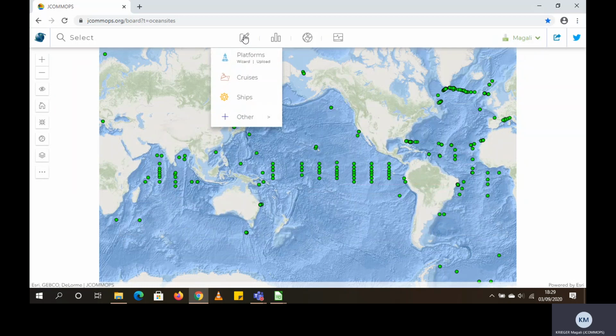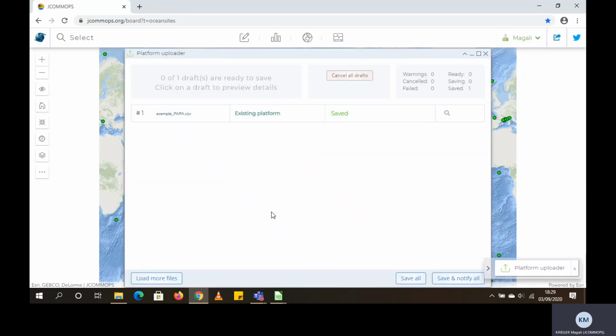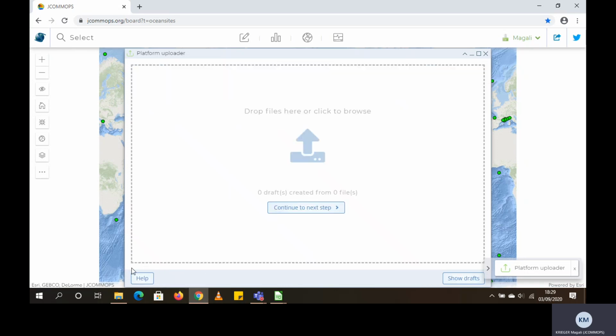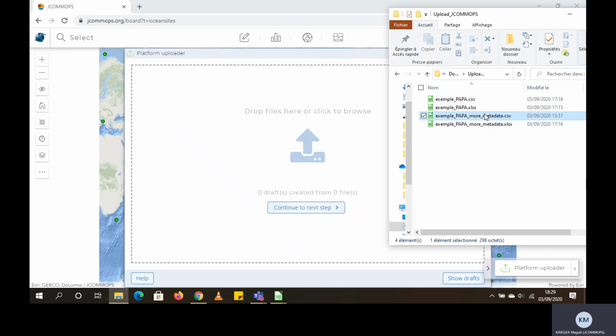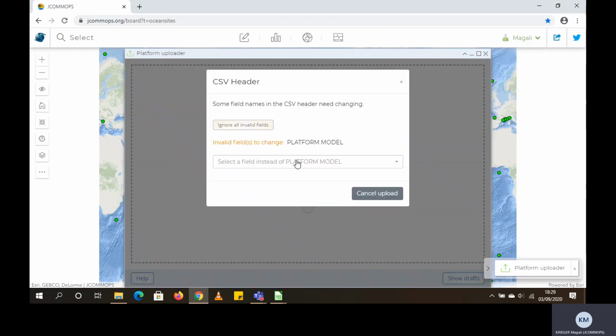So again, same thing: submit, platform, upload. Here I found again what I did before. Since the registration is done, I can cancel the draft and load more files. I choose my file, I drop my file.